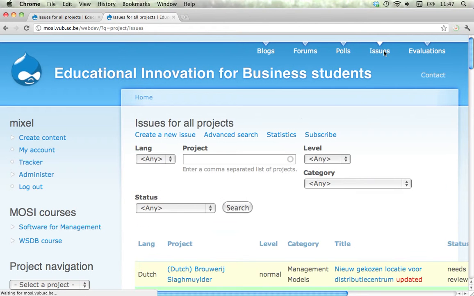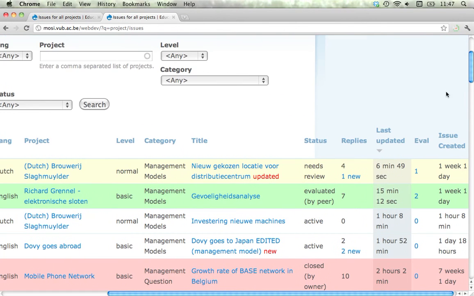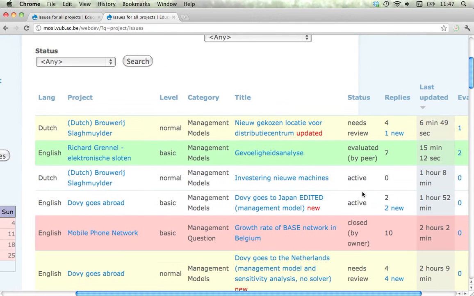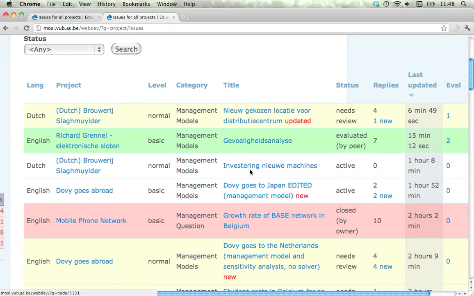The other thing, if you want to do an evaluation, is that you can first of all make sure to always look at this number here, right? The second thing I want to show is 3 issues. The main entrance to evaluate an issue is of course the issue page itself. Those are 2 Dutch ones, but don't worry about what is in them. I just want to show you the navigation. So I'm going to open those 3 in new tabs. So this one, and this one. The first is one that needs review, the second one is evaluated, and the third is one that doesn't need